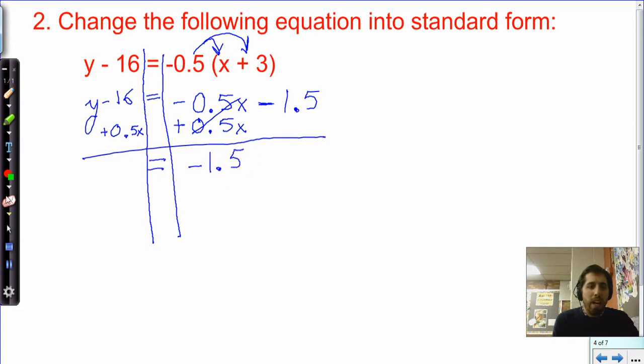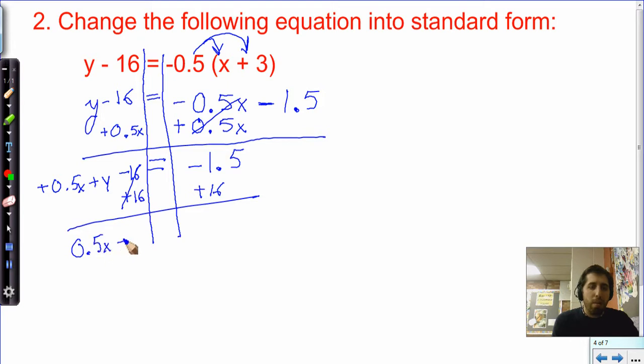We got positive 0.5x. We have positive y. We have negative 16. Well, I know that we want all of our constants, all these numbers that stand alone, we know we want all of them to be on the opposite side. In this case, it's the right side. And we have 0.5, or 1/2, x plus y. We have to think about this one. If you're at negative 1.5 and you add 16,